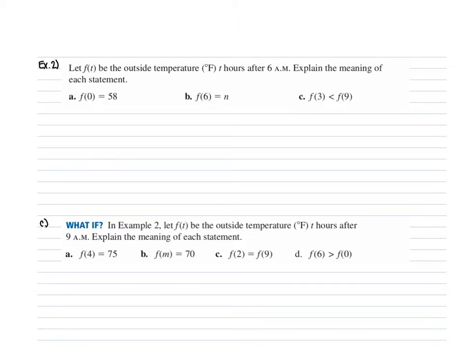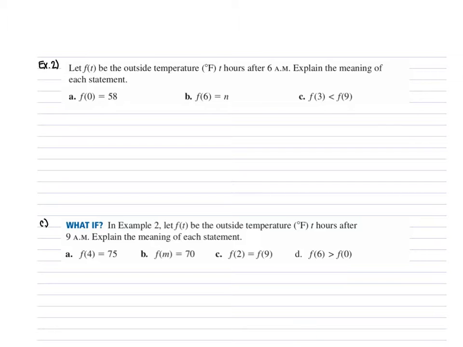For example 2, it tells us let f of t be the outside temperature in degrees Fahrenheit t hours after 6 a.m. Explain the meaning of each statement. So for A, they give us f of 0 is equal to 58. So the f of t is the temperature in degrees Fahrenheit. That 0 that's being plugged in for that variable in the parentheses